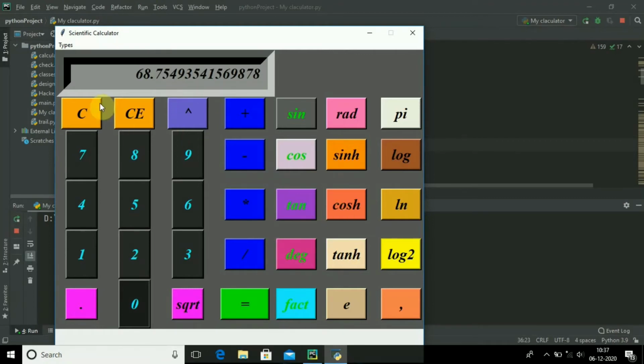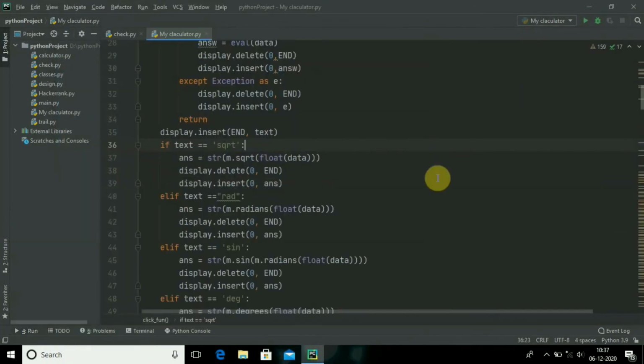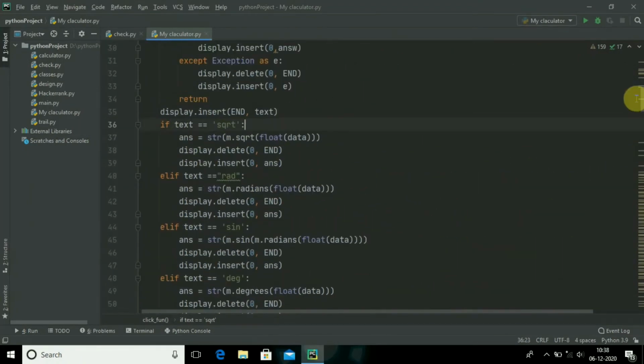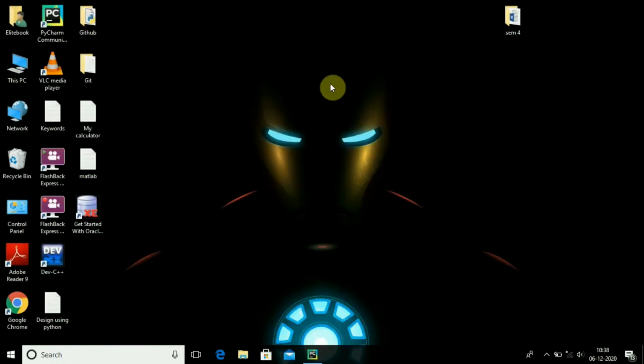This way you can do anything you want. Let me show 10, log of 10 is 1. Yes, it is showing the perfect example. When you click on pi, it shows pi times 3 into 1.4. This is the pi value. It is multiplying the value with pi. These are some of the functions. If you need more functions, all you have to do is create a button for that function and add that function in this display, and by this you have completed your first project number 1, the scientific calculator.